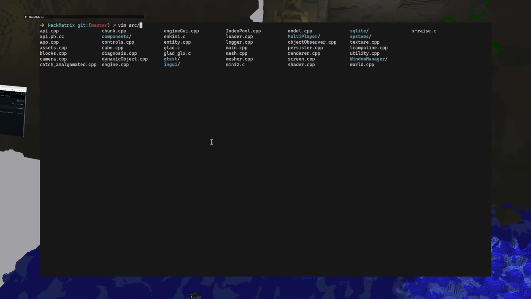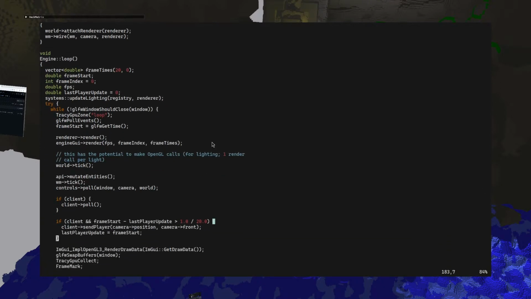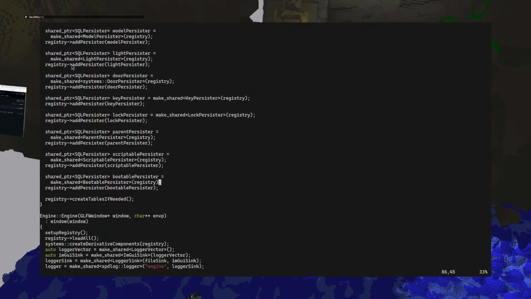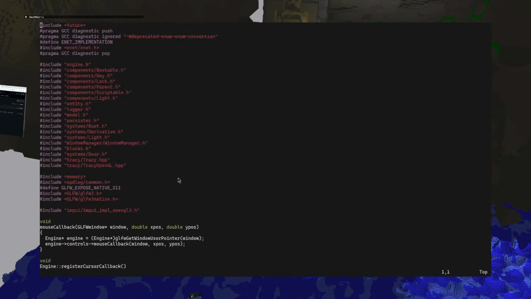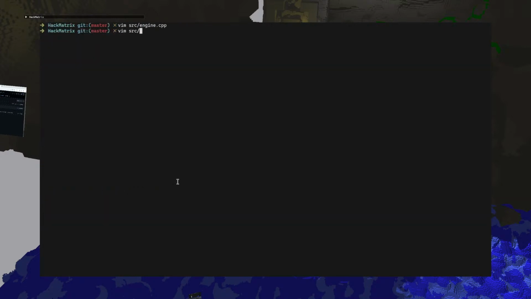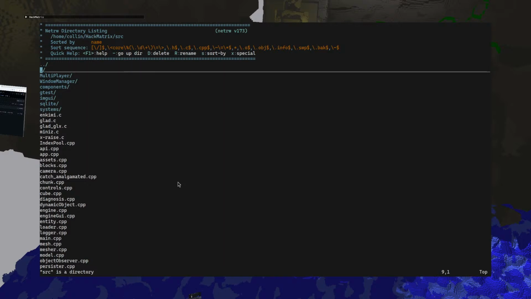From source, I think that would be the engine. Let's say I think that would actually be maybe in the registry here, the component registry. Vim source.